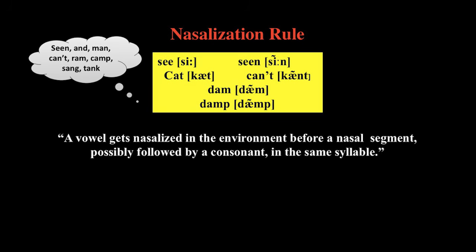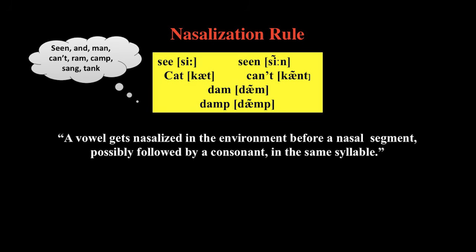So we notice that these vowels are either followed by a nasal consonant, or followed by a consonant plus another nasal consonant plus another consonant, which is the case with song or comp or tongue or dump. So that's why in writing phonological rule statements, we have to state that possibly there must be another consonant after the nasal consonant. So a vowel gets nasalized in the environment before a nasal segment, possibly followed by a consonant in the same